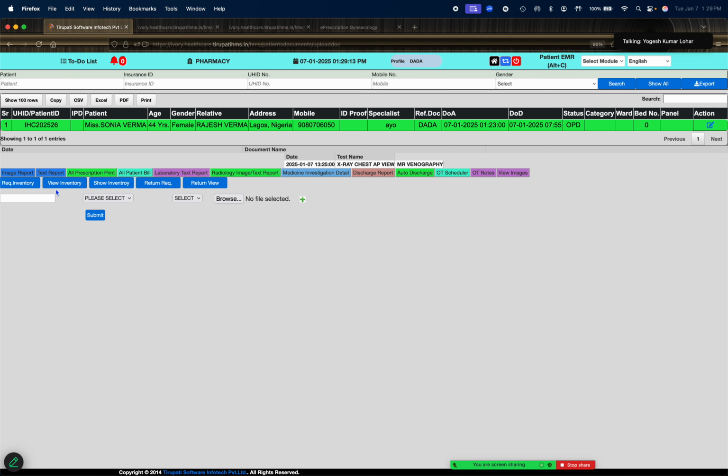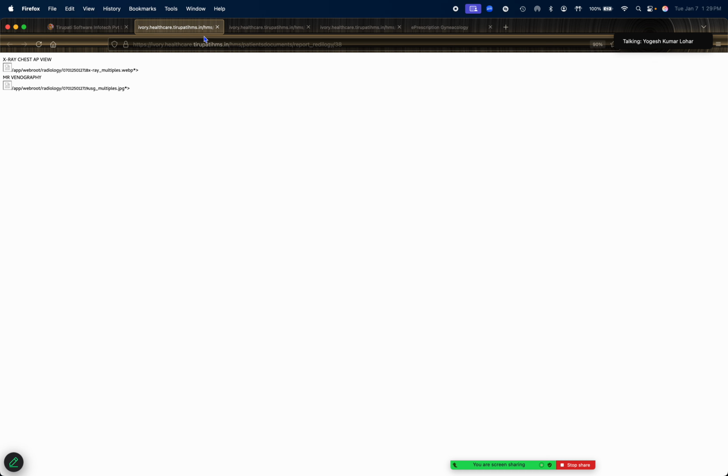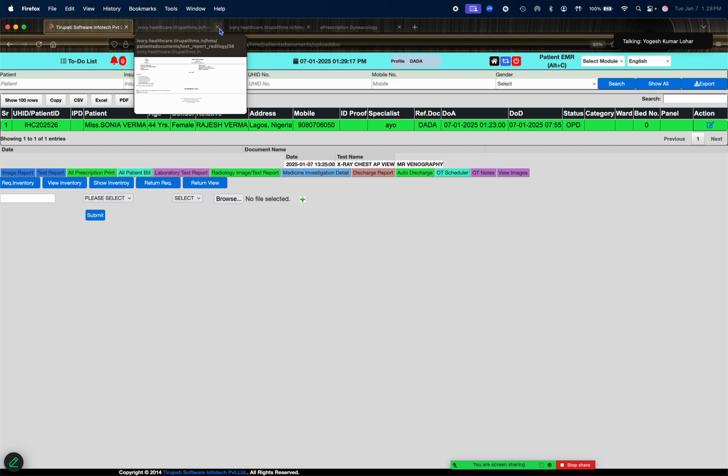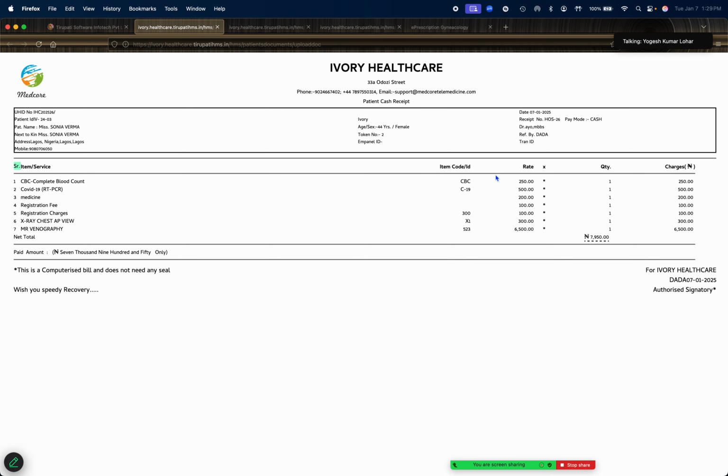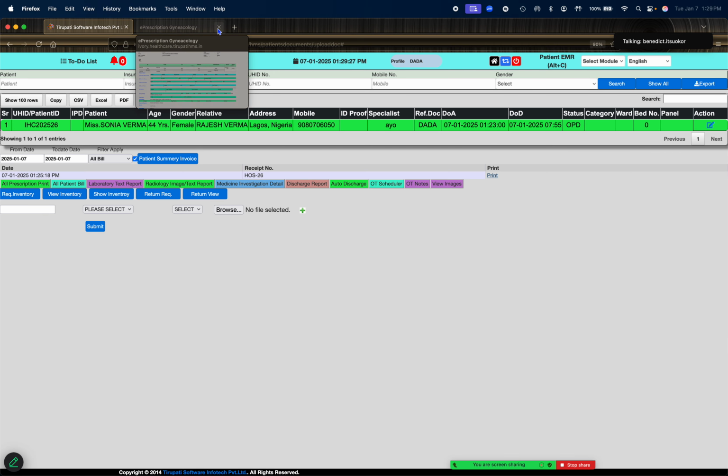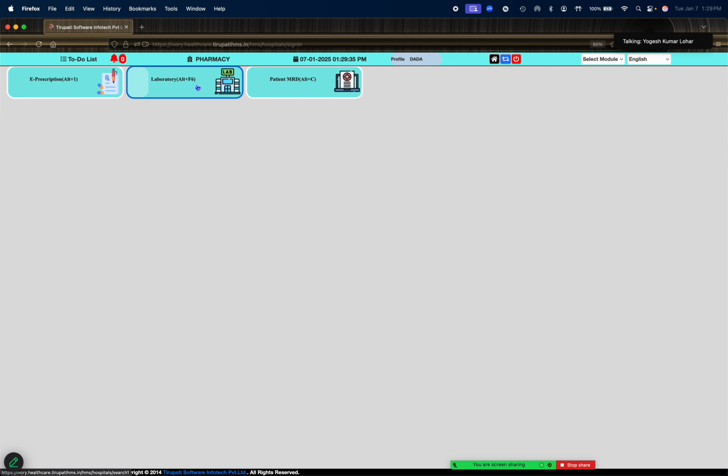Now we see the report, the radiology report is not coming, but the image upload will also come here. Similarly, if we want to see the bill copy, he can see the bill copy, if multiple bills have been prepared here. So this way you can maintain referral permission with the respective module and report, and they can access e-prescription services. Only the one patient MRD module is sufficient to give for only viewing the medical record of a certain patient.